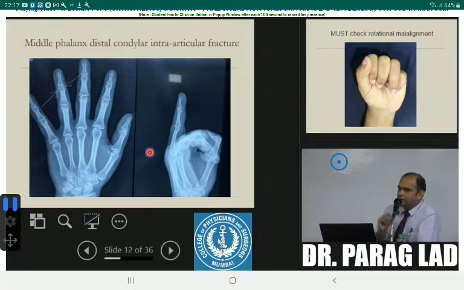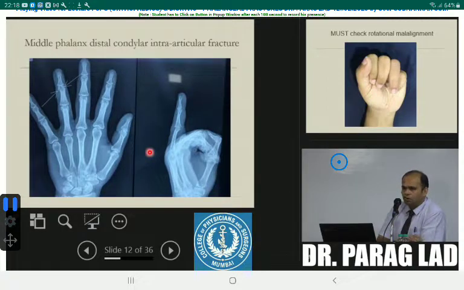Okay. And so the classification is very clear. If you see this X-ray in the casualty, and you call your senior or boss, there is an X-ray, I mean there is a ring finger injury, and I can see on the X-ray an intra-articular fracture of the condyle of the middle phalanx of the right ring finger. He will be very, very happy. Okay. Now, is it undisplaced or moderately displaced or mildly displaced? Mildly displaced. So will you treat this conservatively or operatively?